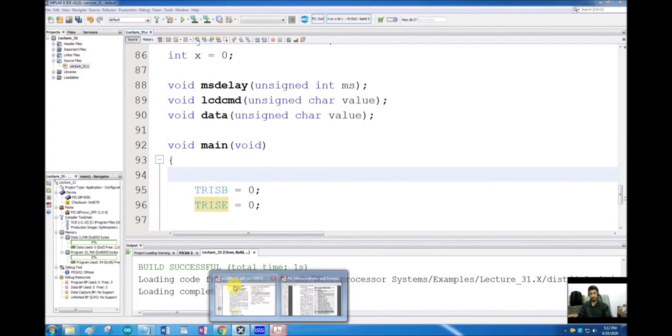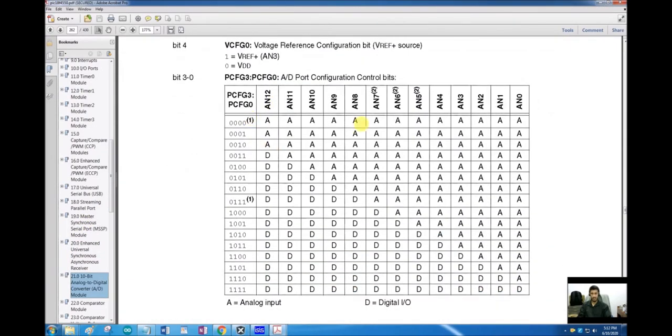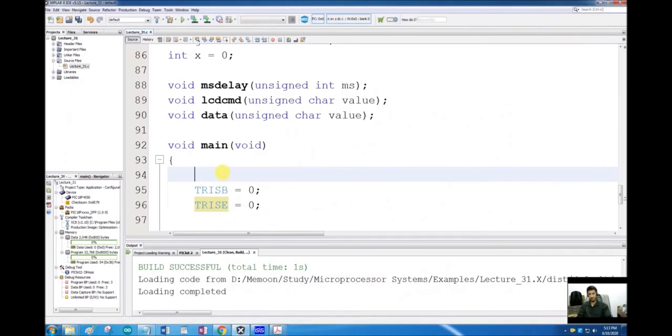And if we open the ADCON1 register here, this table will define which pins are configured as analog pins and which pins are configured as digital pins. Right now we are not interested in any analog input, so we will configure all of them as digital IOs. So let's move ADCON1 with a value of 0B00001111.